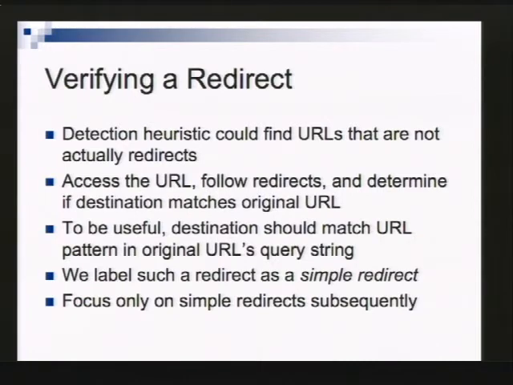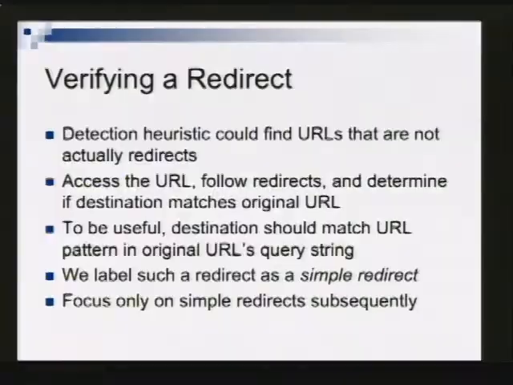You traverse that redirect and look at the final destination on your browser location bar, and if they match, then you say, yes, A, it was a redirect for sure, and B, I was able to determine the destination of the redirect accurately. Okay? Now, this is a simple kind of redirect, as in looking at the URL, you could actually determine the destination of it, and that too not when the destination is relative. Right? There are indeed more complex forms of redirects that we did not look at.